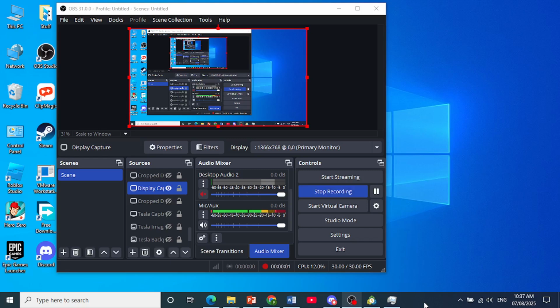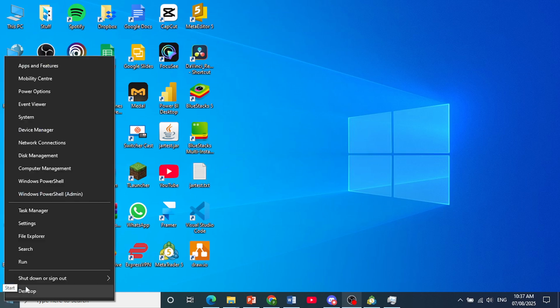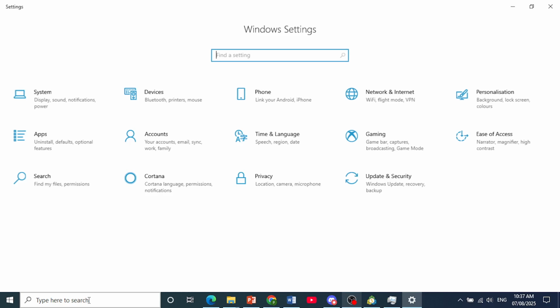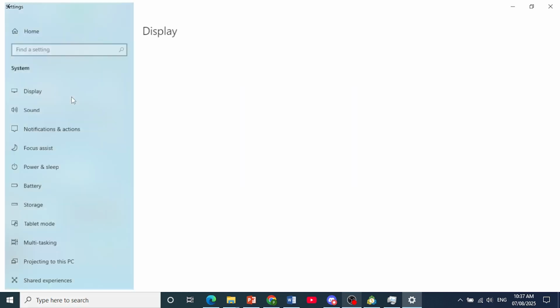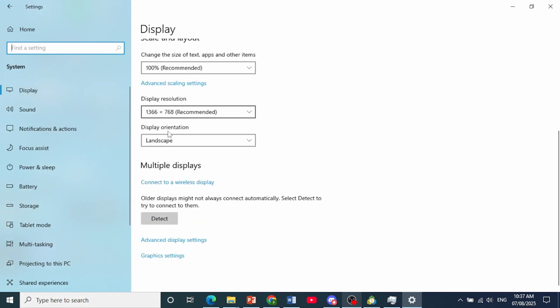Hey guys, in this video I'll show you how to fix crashing and freezing on your OBS Studio. Now, the first thing I want you to do is come here on the bottom left, right click on your start icon, click on settings, or you can even search up settings from this search bar. Now come here, click on system, and from here make sure you're under display and then scroll down until you